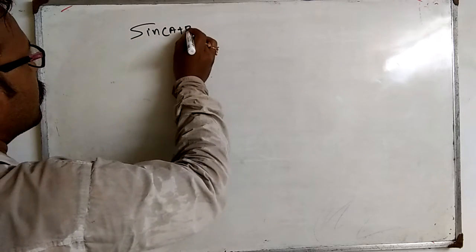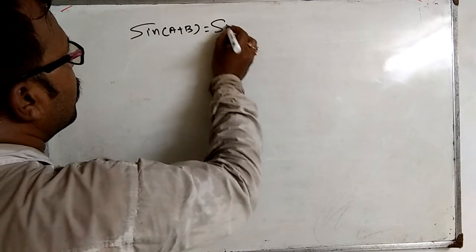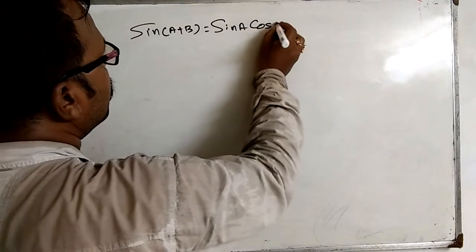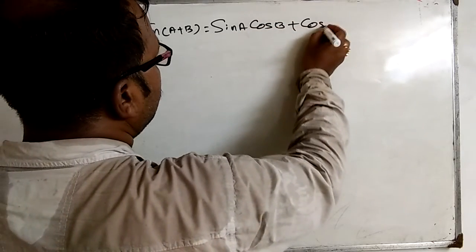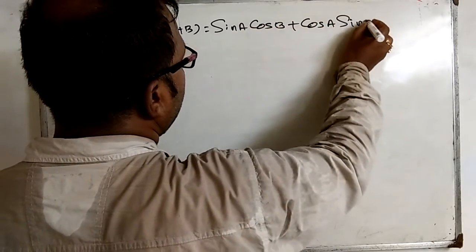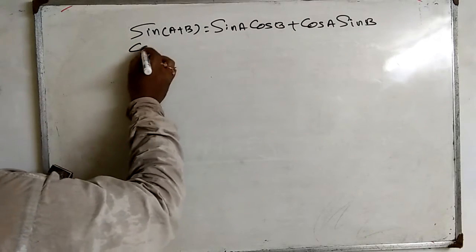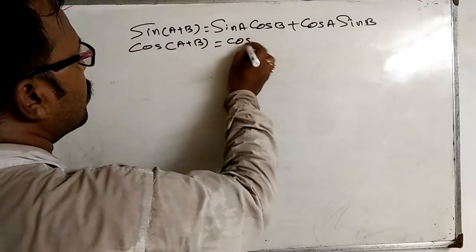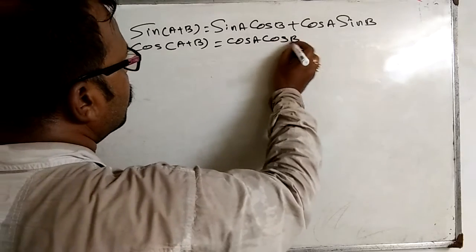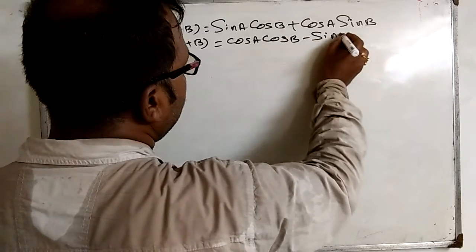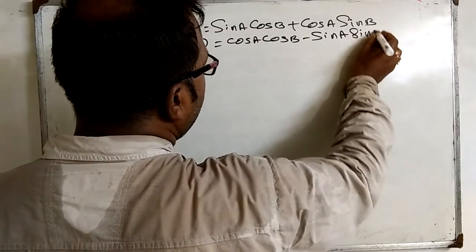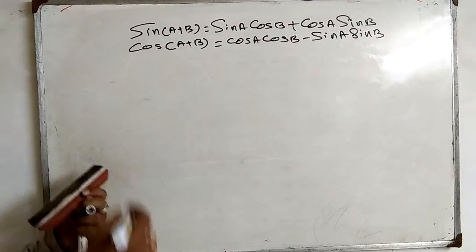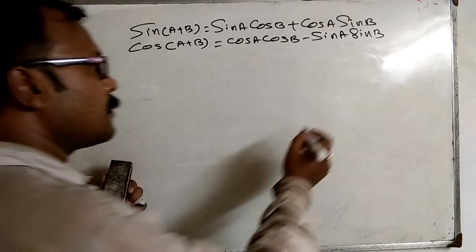প্রথম ফর্মুলা, সাইন অফ a plus b equals to sin a cos b plus cos a sin b, and cos of a plus b equals to cos a cos b minus sin a sin b। বেসিক ফর্মুলা শুরু করছি। প্রুফ,